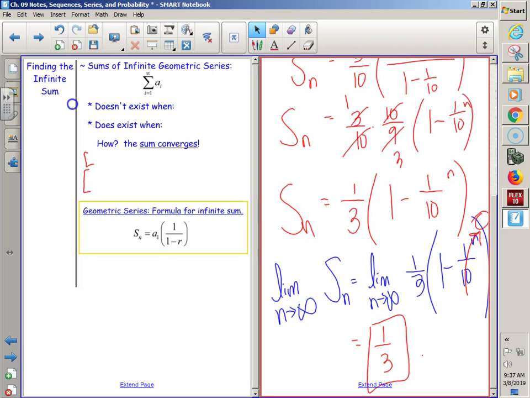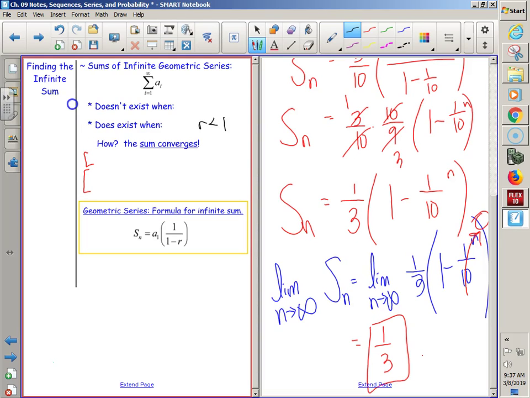The r to the n, because when r is not only less than 1, but also greater than -1, all the fractions in between -1 and 1 are going to make the magnitudes decrease. Whenever that's true, the limit as n goes to infinity of r to the n equals 0. Whenever we have r's in between -1 and 1, the limit as n goes to infinity of r to the n equals 0, like we saw with the 1/10 if you raise it to higher and higher powers,